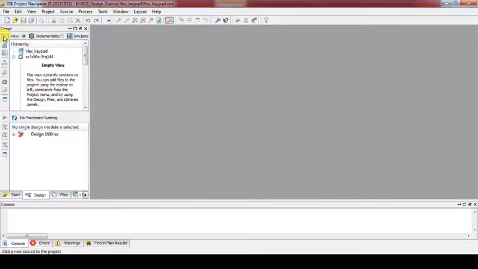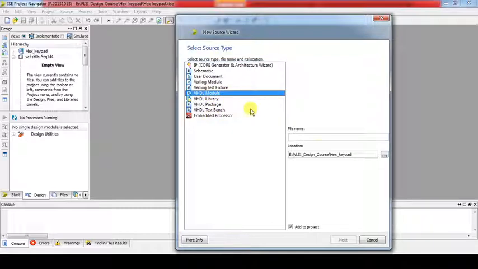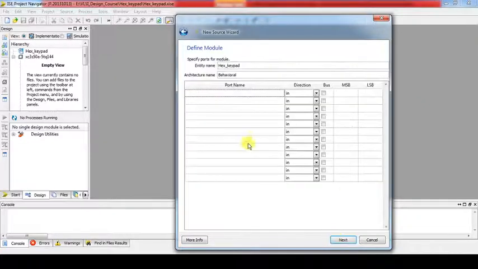Now New Source, VHDL module. This is the entity name we are giving: hex keypad. Next. Now here the signals. As I mentioned, clock is a signal, as well as row and column. Both are of type in-out, as I discussed earlier, with a bus width of 3 down to 0, as well as SSD_out.